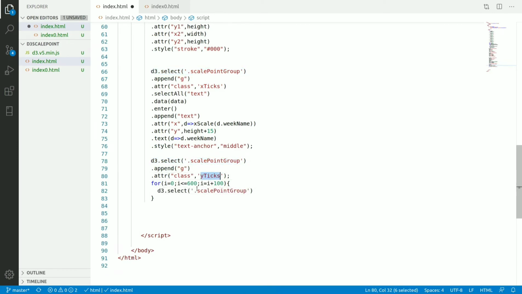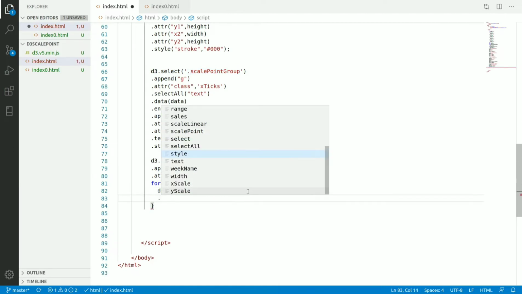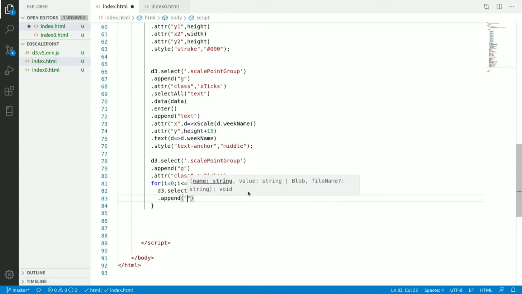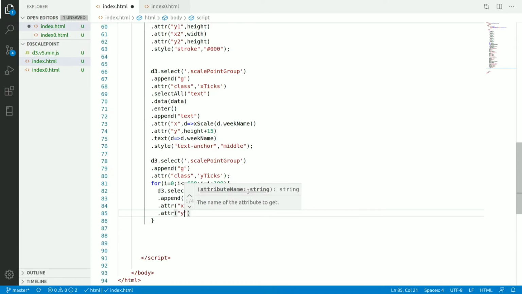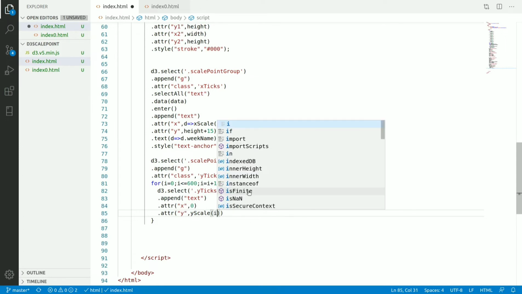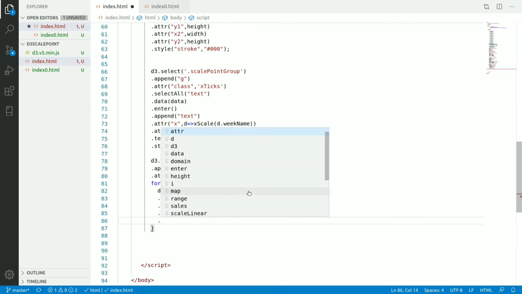Now here, inside the d3 dot select y ticks, I will append the text dot append text dot attribute. We will provide the attribute x as 0, dot attribute y as y scale of i, and dot text.